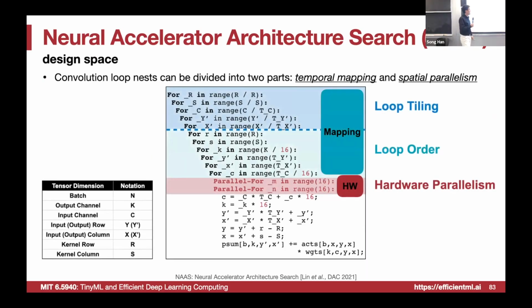For example, we have the loop tiling strategy. We have the loop order, okay? 1, 2, 3 or 3, 2, 1. We have to take care of the hardware parallelism to choose which for loop we serialize in time versus parallelize in space. Parallelize in space means you have multiple PEs, means you have them working in parallel, doing them concurrently. Serialize in time means that you have the for loop in the time dimension. Okay, so there is temporal mapping. There's also the spatial mapping,